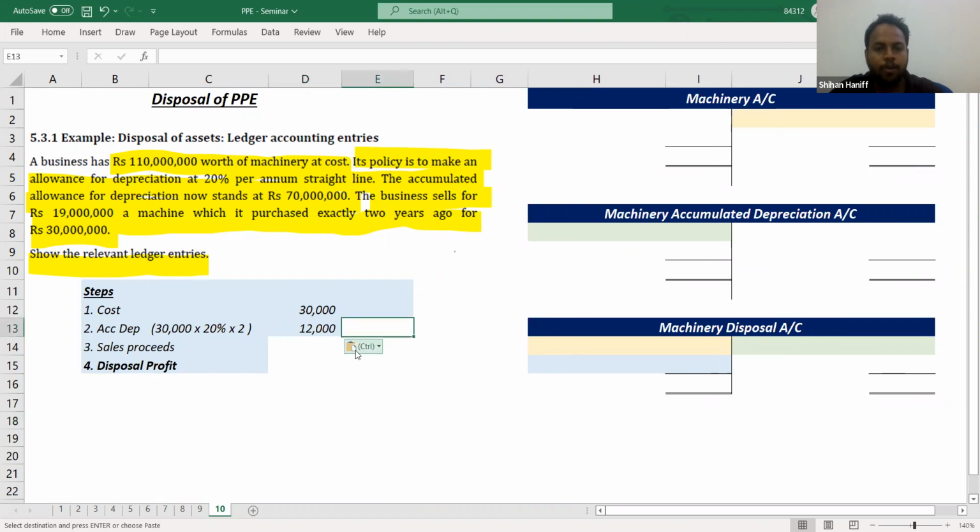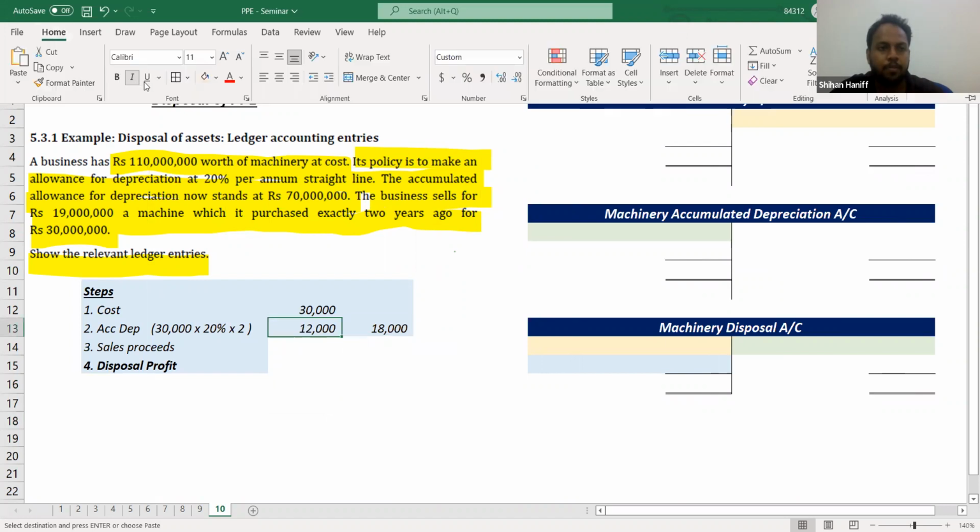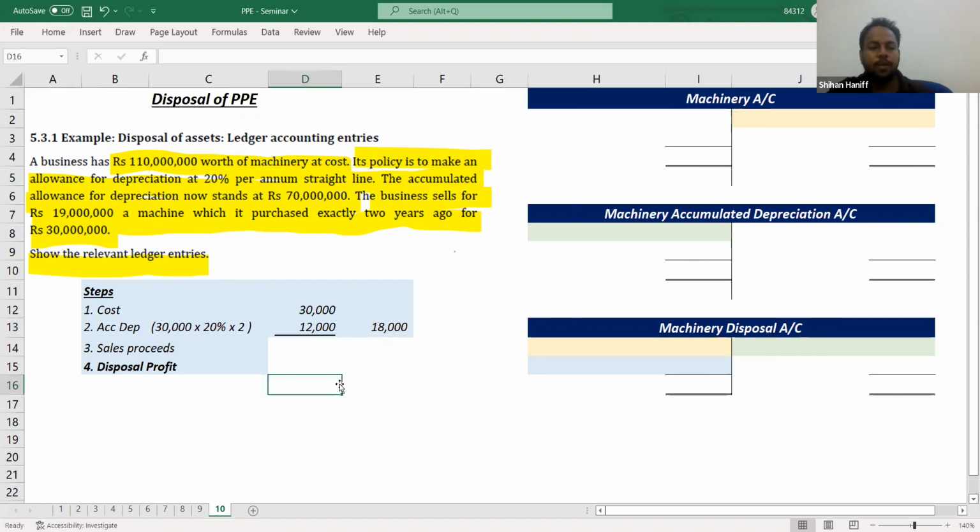Then the book value is 18,000. Book value is cost minus accumulated depreciation. Then the sales proceeds, we are selling for 19,000. Profit is